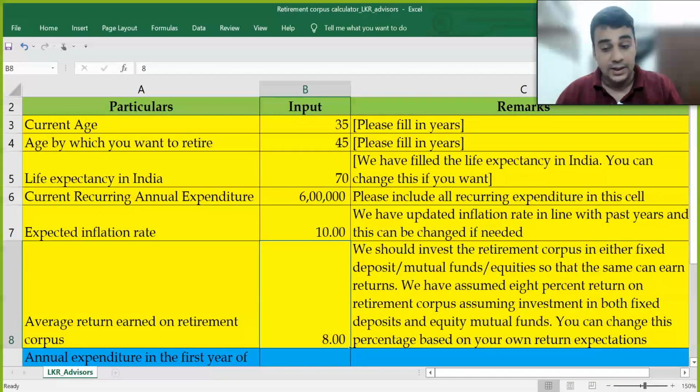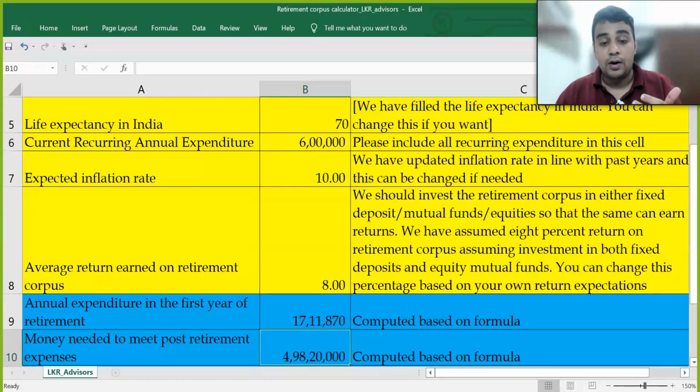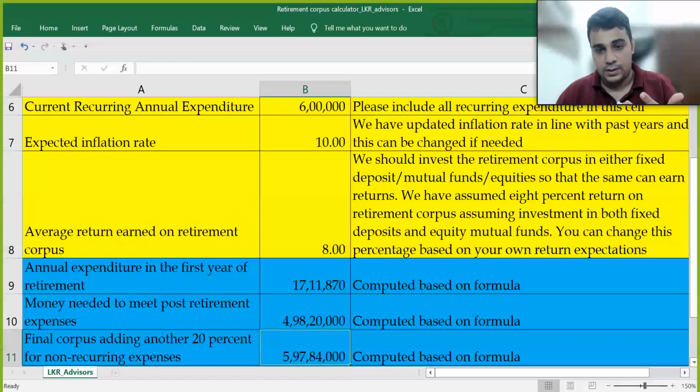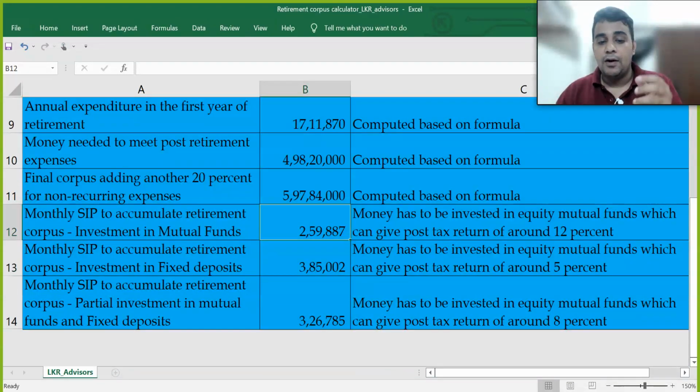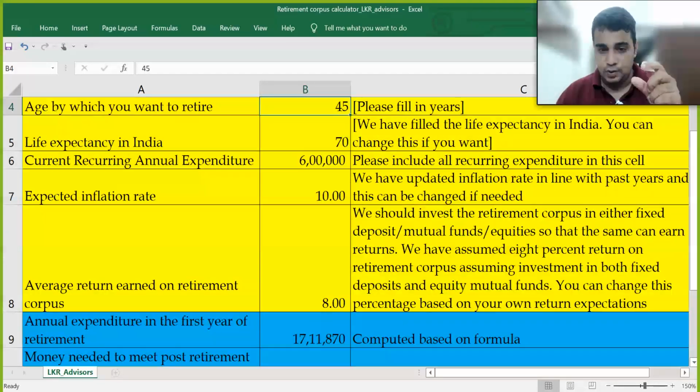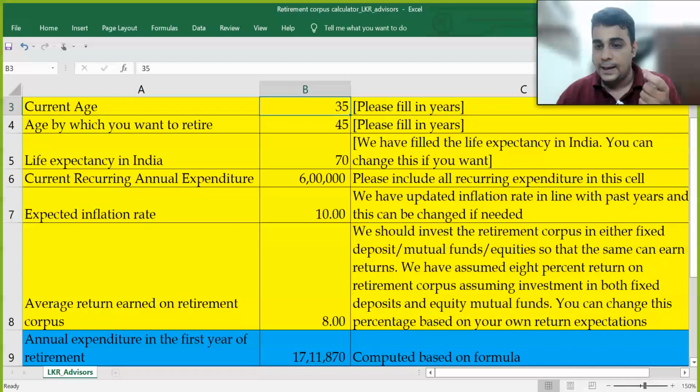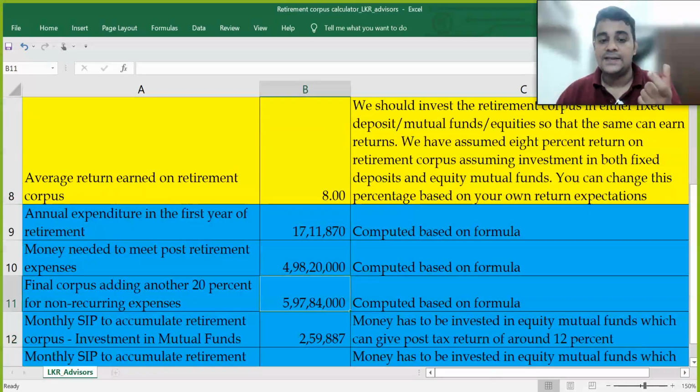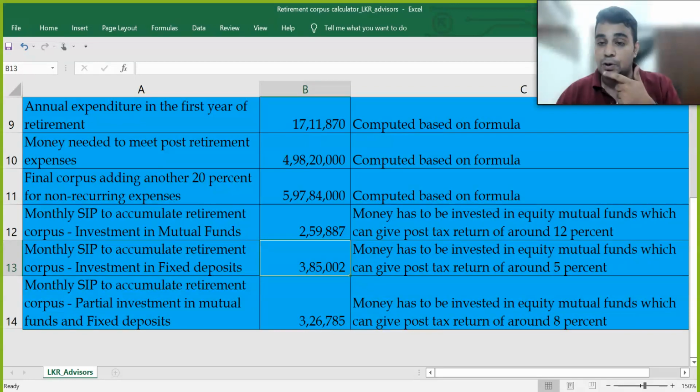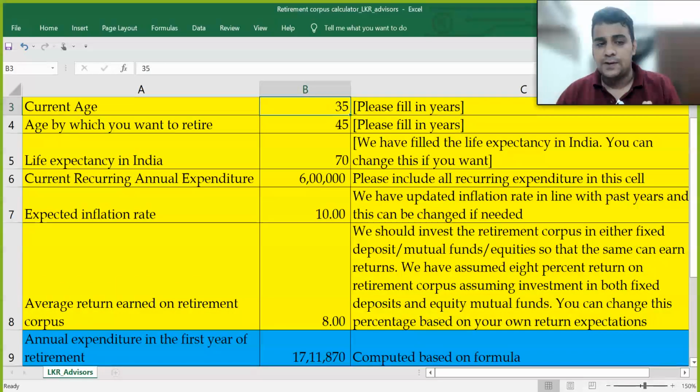If you increase the inflation, it will have a significant effect. Now you need a corpus of 6 crore. The corpus requirement is 6 crore because your inflation is at the higher end. If inflation is at the higher end, your requirement of funds can go up, and because you are investing for a shorter period, you are at age 35, you want to retire by 45, it's only 10 years of investment, your SIP requirements also go up. The SIP is some 2,59,887. So depending on the number of years of investment, if your current age is 25 with a similar calculation